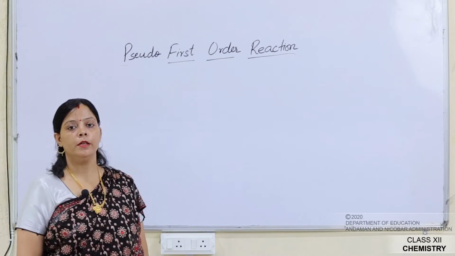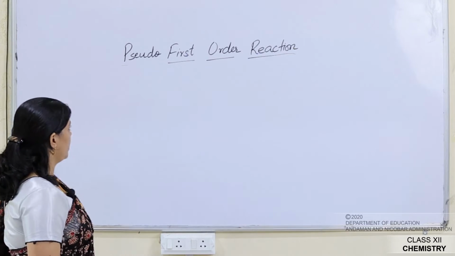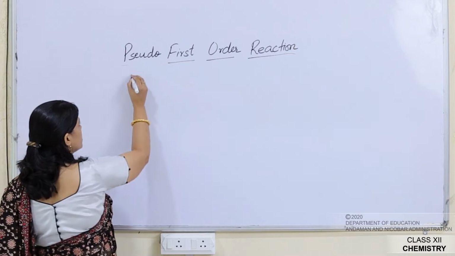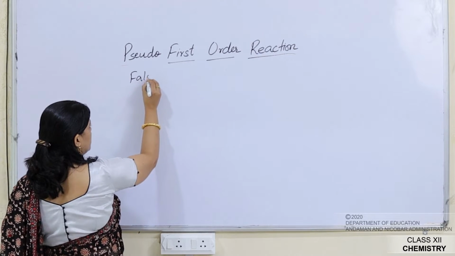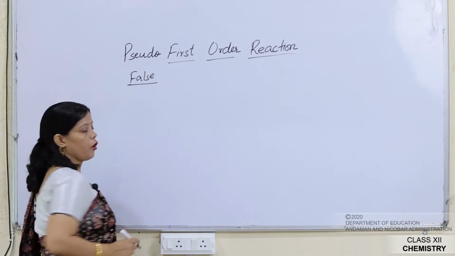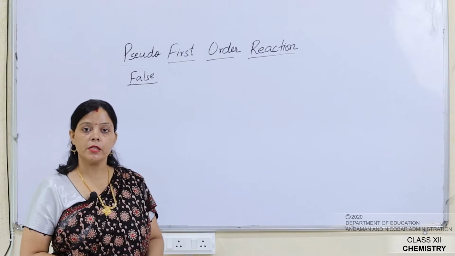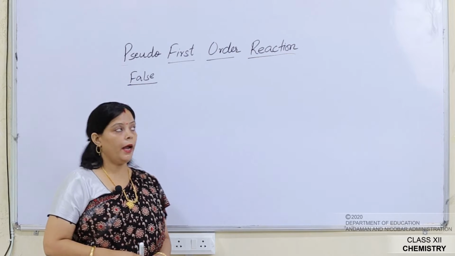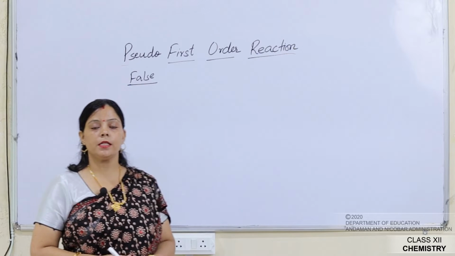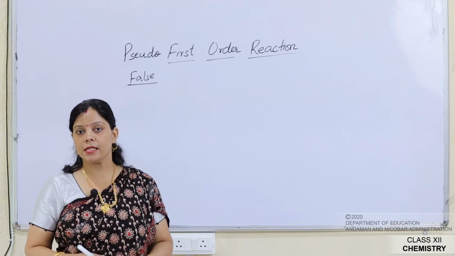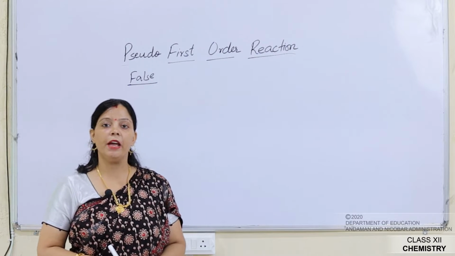Hi children, today I am going to start the next topic, that is the pseudo first order reaction. Pseudo means false. False first order reaction. The order of the reaction sometimes changes by the condition, and pseudo first order reactions are generally defined as those type of reactions which appear as a second order reaction but behave as a first